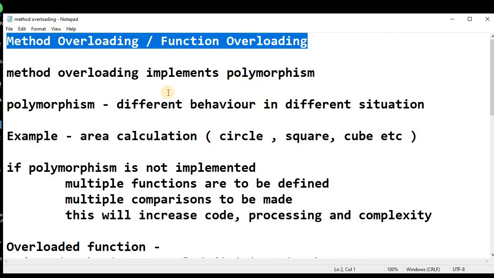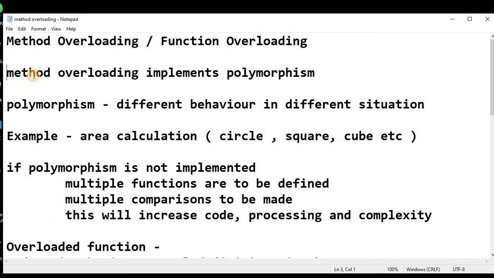In the previous week, we had talked about constructors, the math library, and some important programs based on series, sum of series. So in today's lecture, we will talk about method overloading. If you are not aware of what methods in Java are, then you can watch my video based on methods in Java. So let's talk about method overloading.